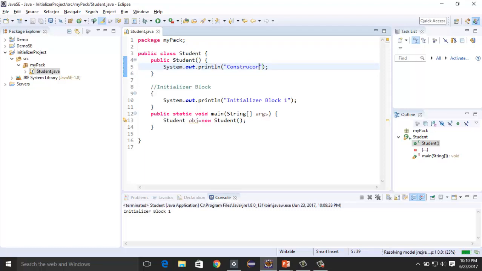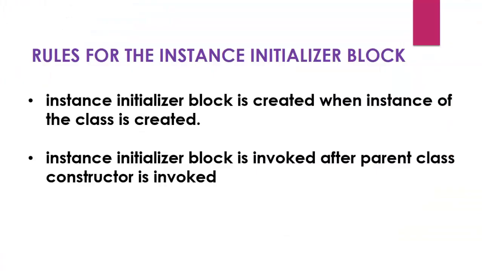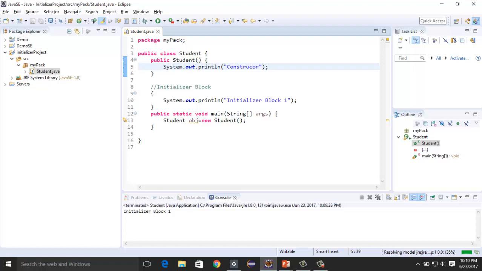Okay, so it said that instance initializer block is invoked after parent class constructor, but here is no parent class. But we all know that when we create child class object, parent class object is automatically created. So while calling child class object, it calls the default constructor.